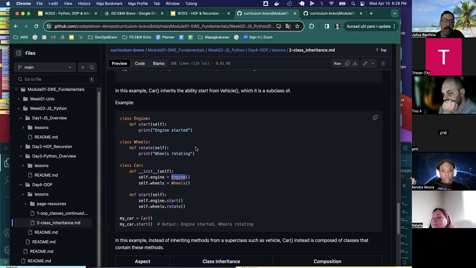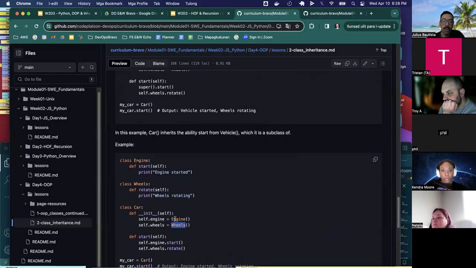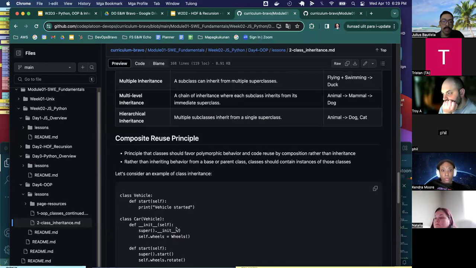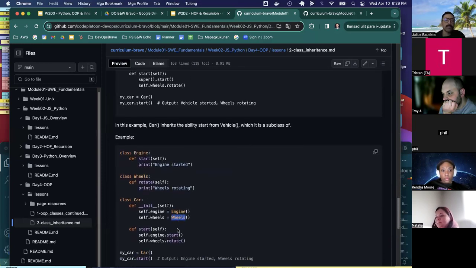So we're instantiating an engine within the car. We're instantiating wheels within the car. That kind of relationship doesn't really exist with parents and classes, because I guess maybe you could say an engine is a child of a car. Maybe you could say wheels are a child of a car, but